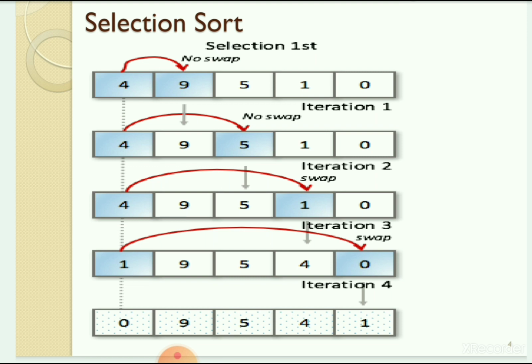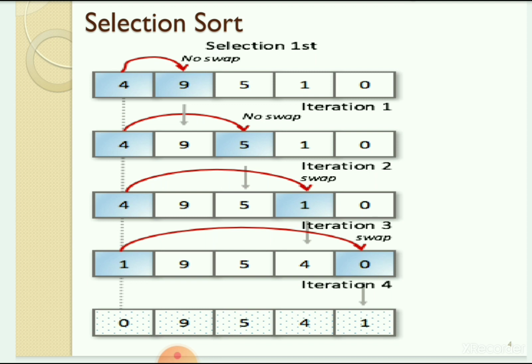In the second pass, we will compare again the zeroth element with the second element. Okay, so zeroth element we have to compare with the second element. So second element is 5, zeroth element is 4, 4 compared with 5, 4 is less than 5 again, so you don't need to swap the elements.